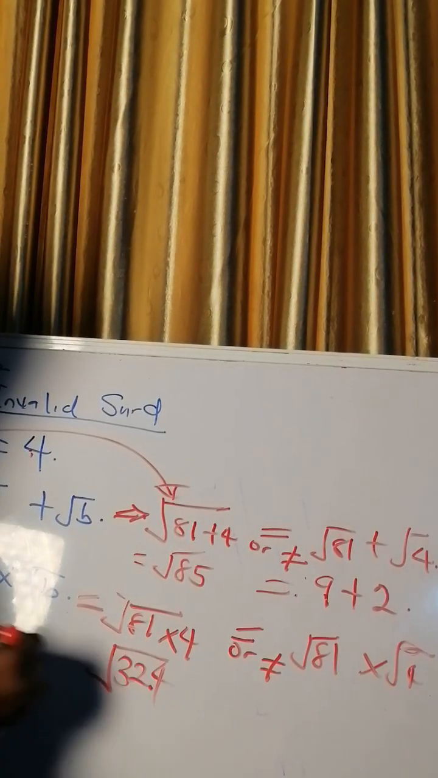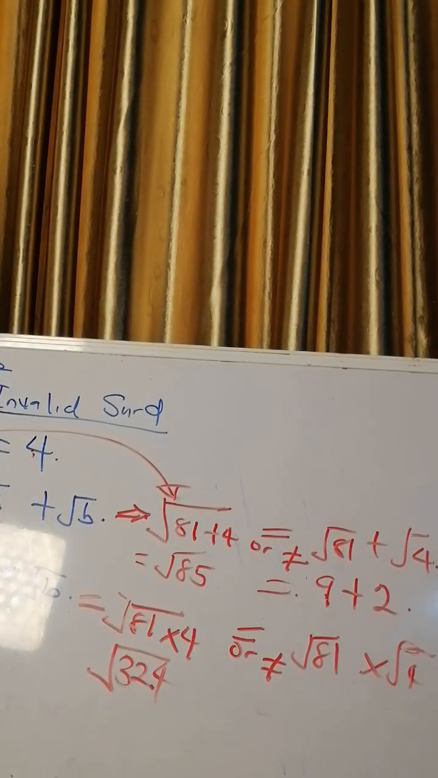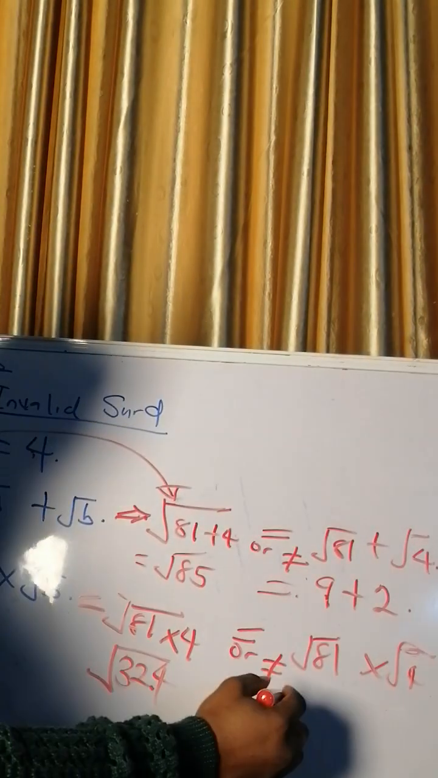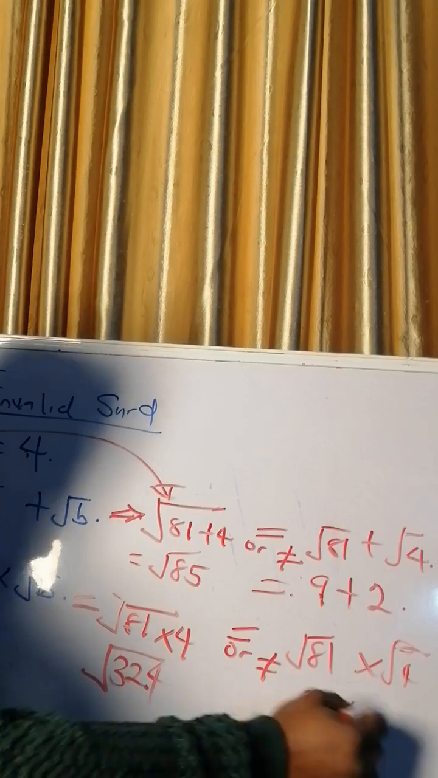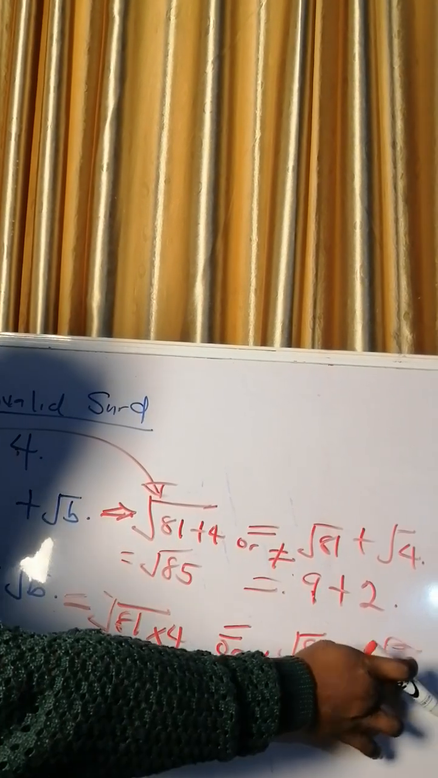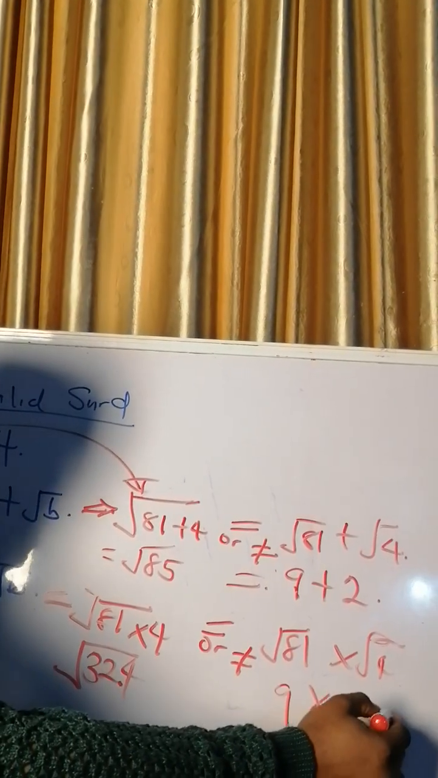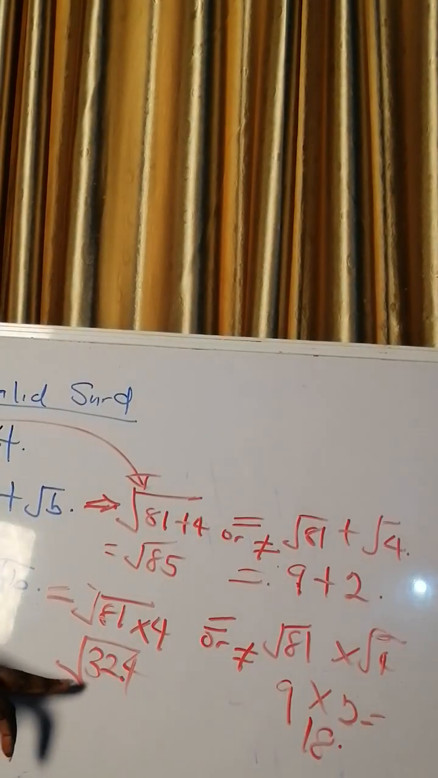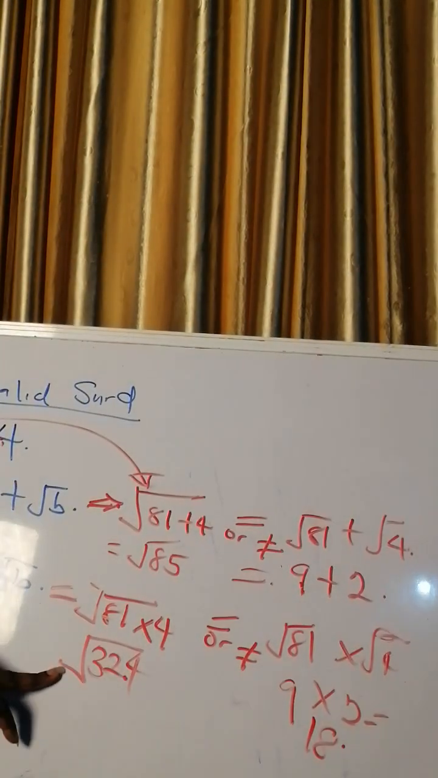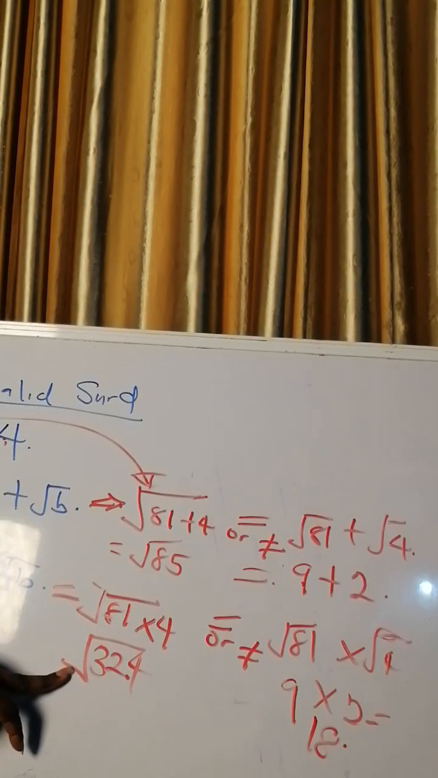Okay, so it means this one is root 324. Which implies that by the time we simplify, this one will give us 9, then this one will give us 2. 9 times 9, 81. 2 times 2 will give us 4. So 9 times 2 is equal to what? 18. So it shows that 18 is not the same thing as what? It's not the same thing as